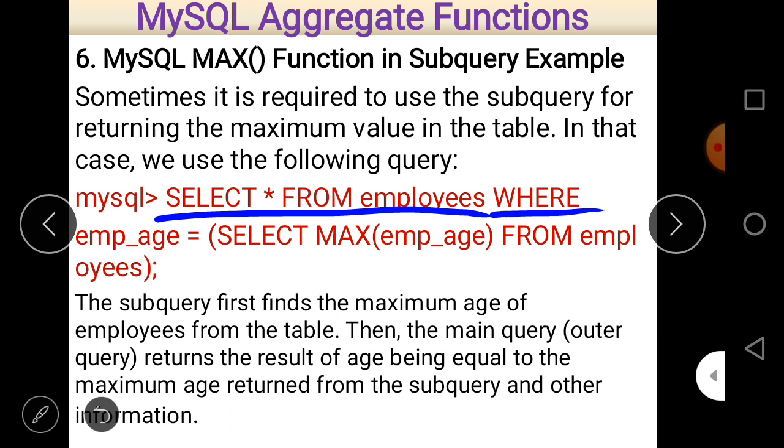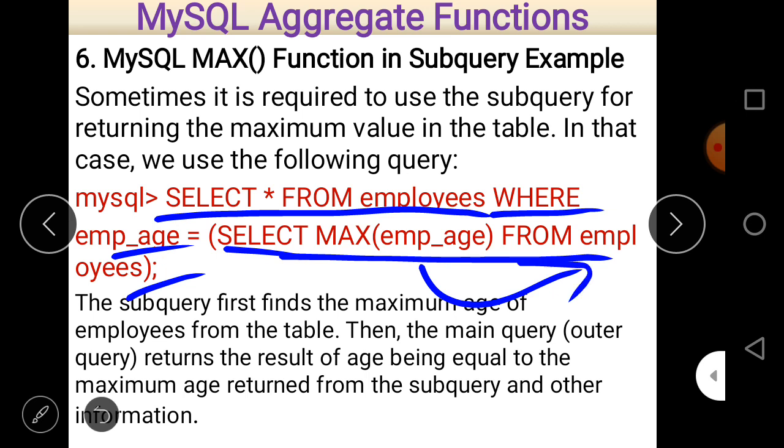Next is WHERE employee age, and this is the condition, or the query again, and the query says SELECT MAX(employee age) FROM employees. So the maximum age is to be selected from the table employees, and that becomes the condition of the first query. That is the role of subquery here.